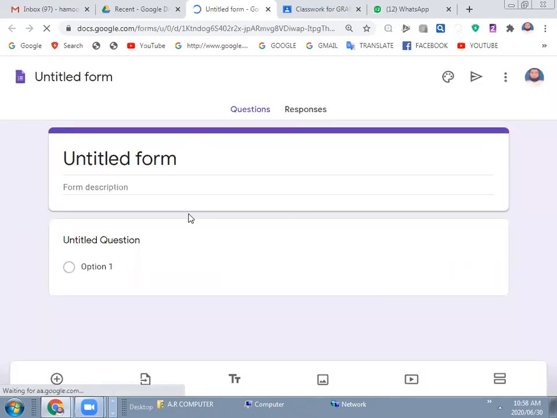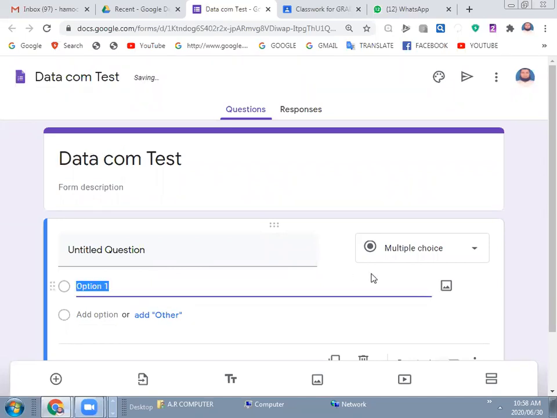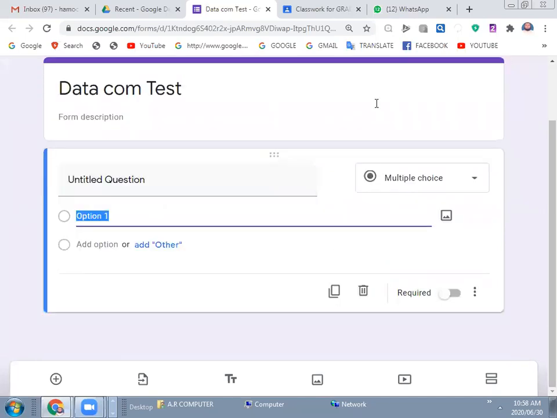Now, how will you make the test? For example, first you can name the test. For example, datacom test, that is, data communication test. Okay, fine. Next, you will add a question to it. How?